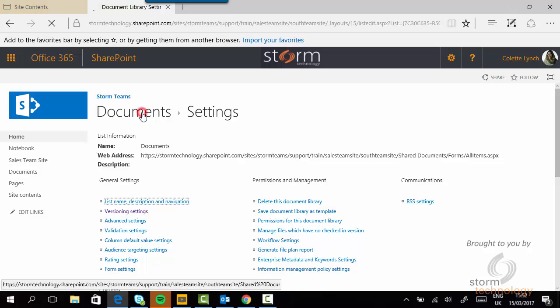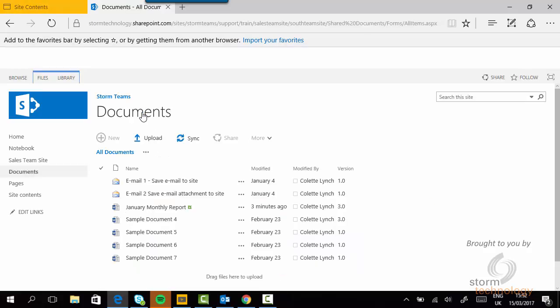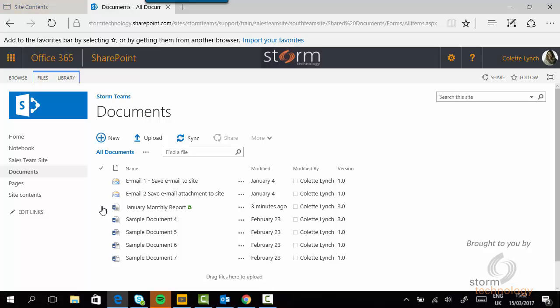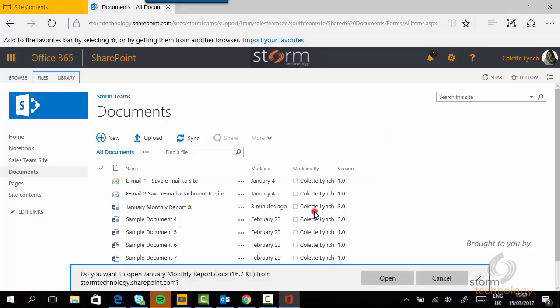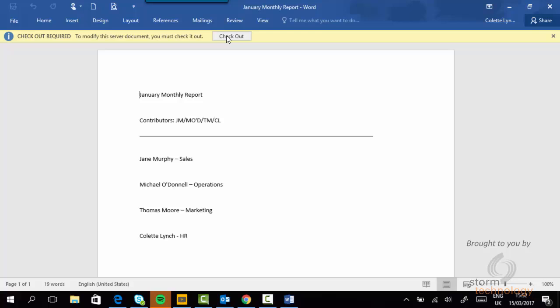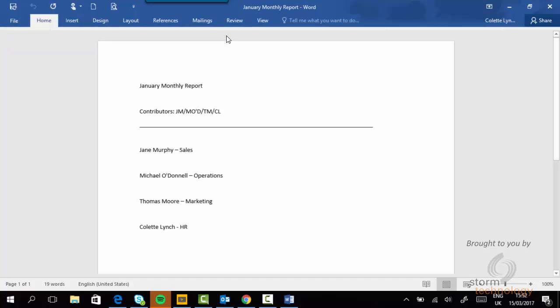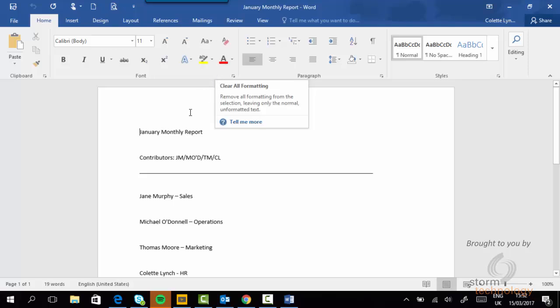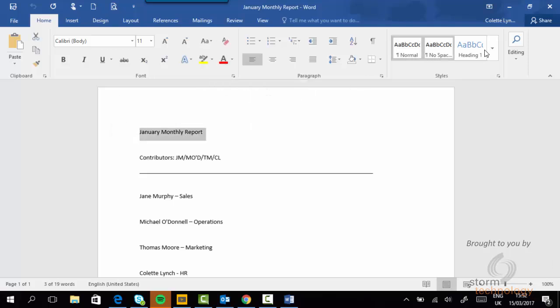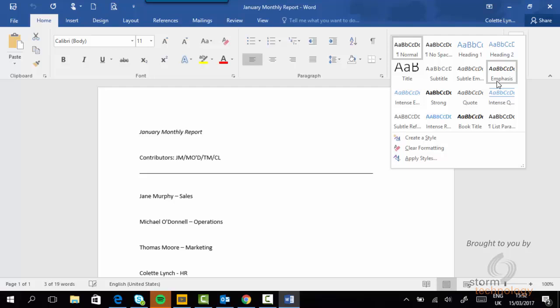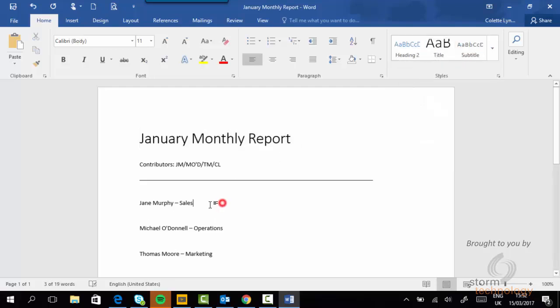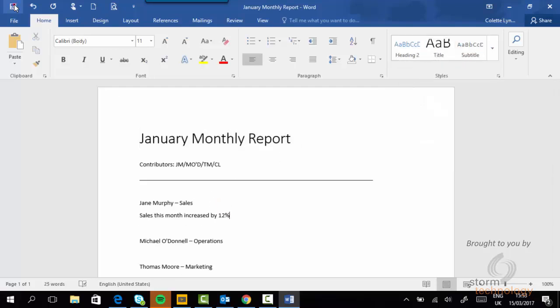And now I return to my document library. So now I'm going to take this monthly report. So in this scenario, various people need to contribute to this report before it becomes a final published version. So what I'm going to do is I'm just going to open it to edit. And notice the yellow bar indicating that I need to check this document out in order to edit it. So I select that option. And now I'll make some changes. Apply a style to the heading there. So now I'll save the changes